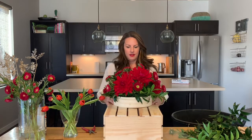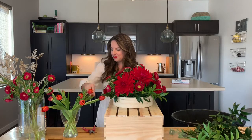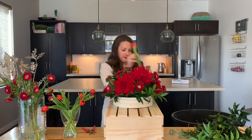Okay, so now I have all the asters in the arrangement. As you can see, it's getting fuller, definitely taking up a lot of space, but there's also still a lot of room for the other stuff I'm gonna put in there. So I'm gonna move on and now put in my tulips. And I'm gonna talk a little bit while I do this. So bear with me, but